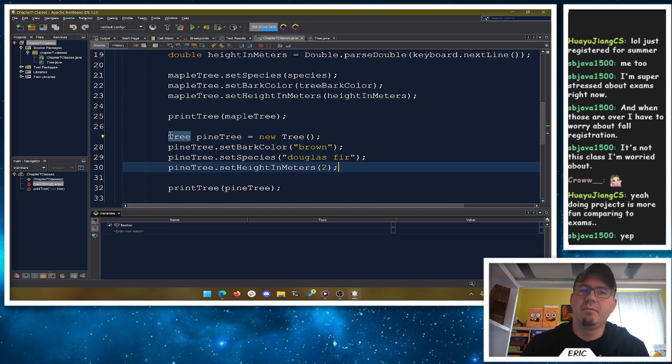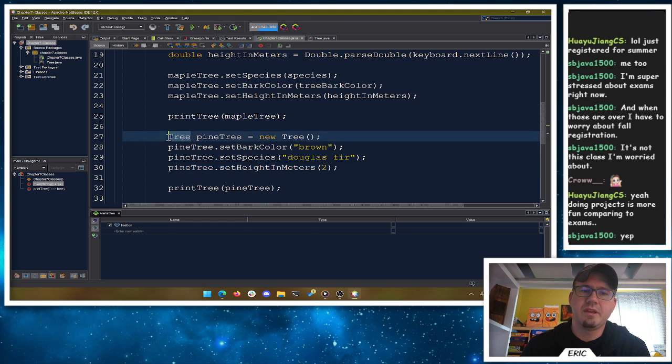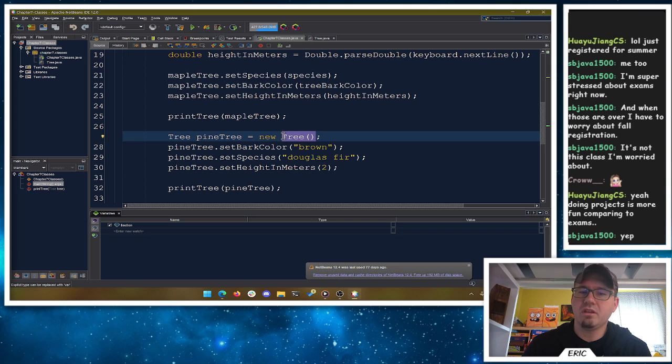When we think about our class for tree, and the attributes that it has, and how we want to make an instance of tree, so far we've done this, calling the constructor method. We're saying we want a new tree, parentheses. We don't actually know what is happening here, right?